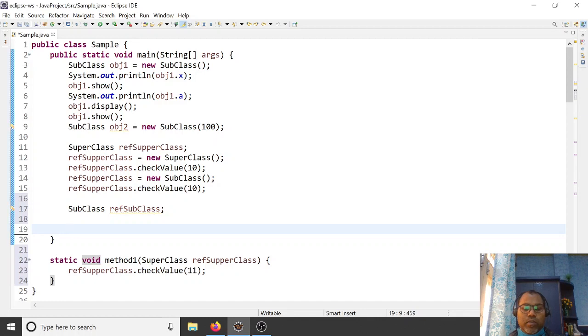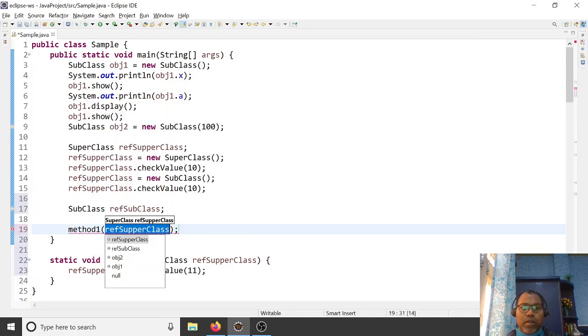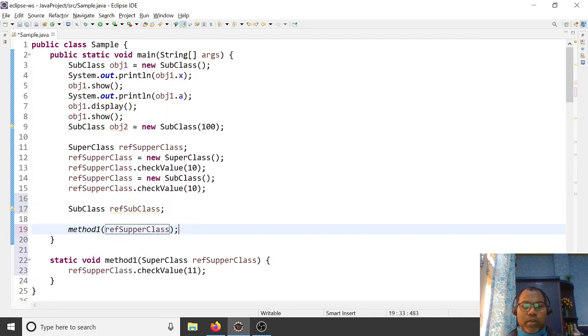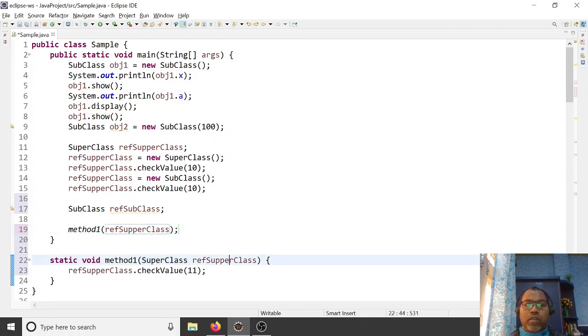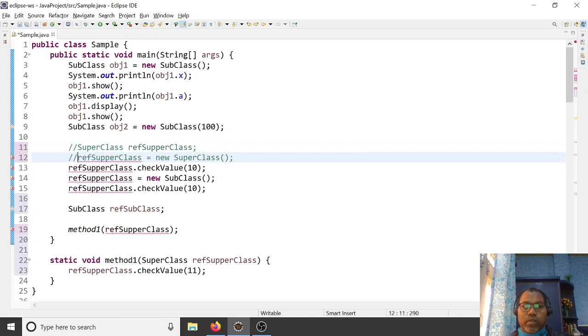Okay, here you can store the method invoke. This method takes a superclass instance. So here, I'll just comment it out.